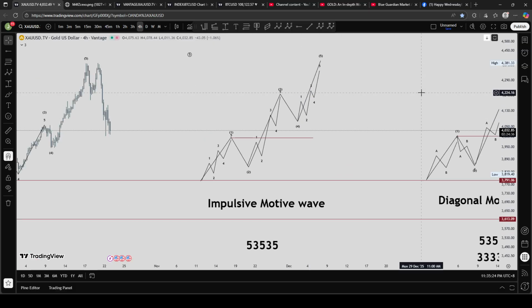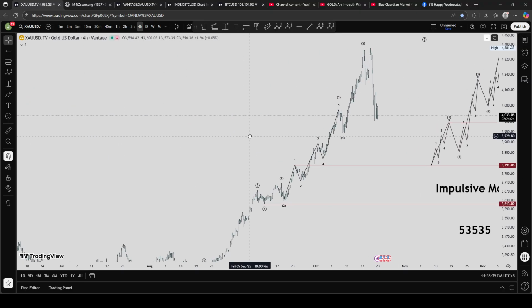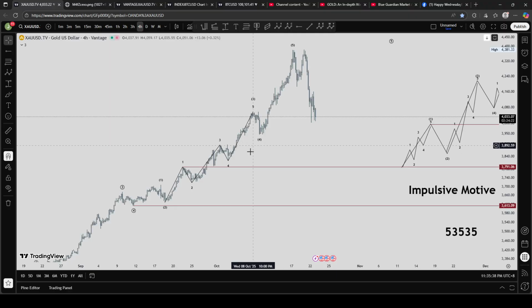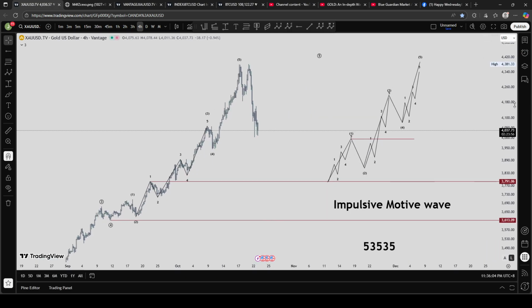But please remember this, a diagonal motive wave should not happen in the internal waves of wave 3, this one. That's why I mentioned all the cardinal rules of Elliott wave theory a while ago, and we check it, and it must satisfy all those three cardinal rules. Because the internal waves of wave 3 in an impulsive motive wave should not have a diagonal. And obviously, this is not a diagonal motive wave, so we have satisfied the strict rules of